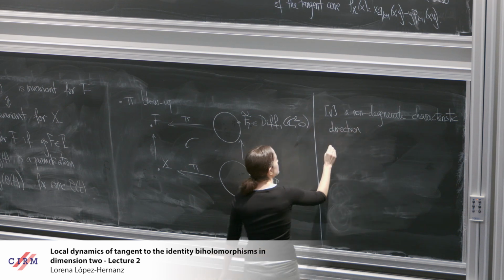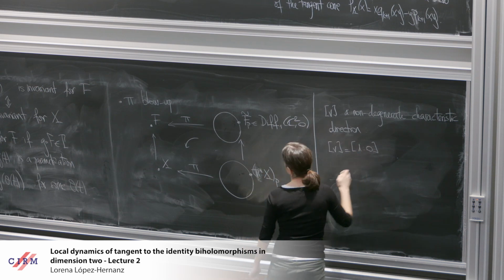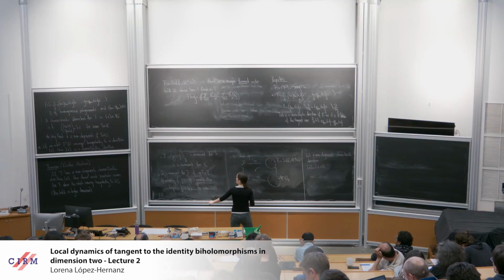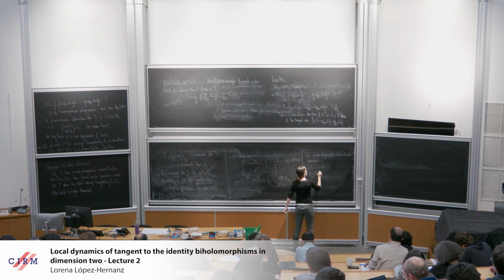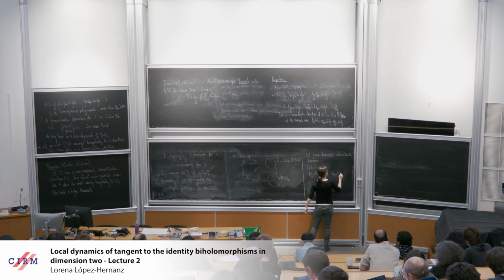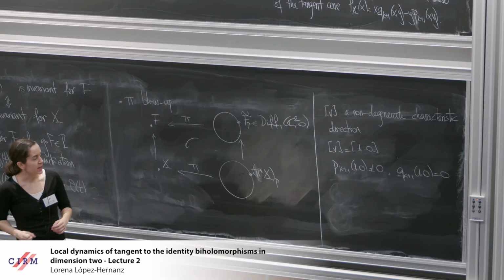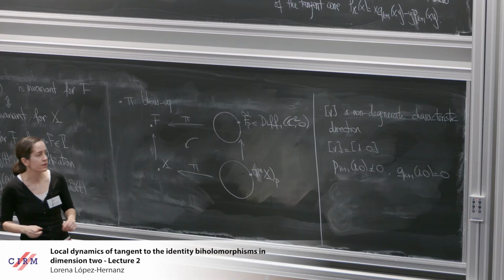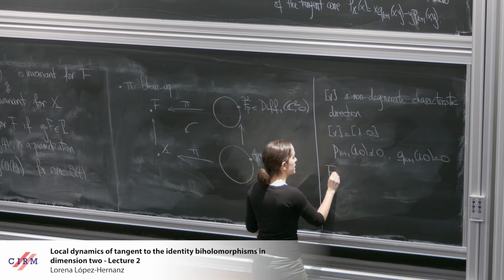Okay, so we can assume, for instance, that V is (1,0). So being non-degenerate means simply that p_{k+1}(1,0) is different from 0, and q_{k+1}(1,0) is equal to 0. So if we blow up and we consider the germ at the point corresponding to this characteristic direction, we obtain for the map F the lifted map, and the corresponding point